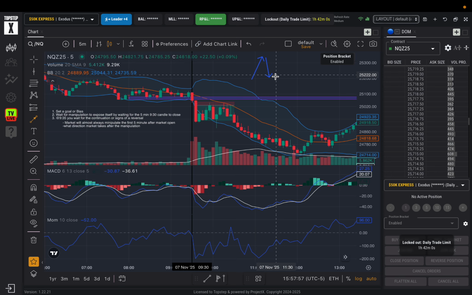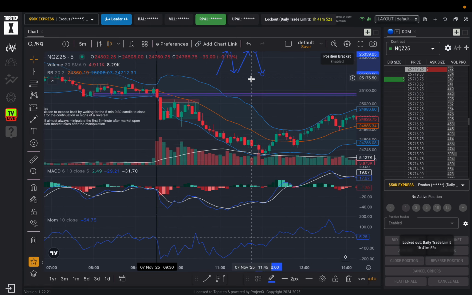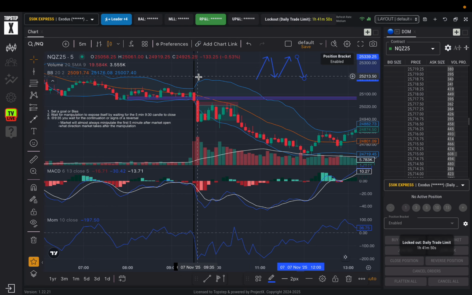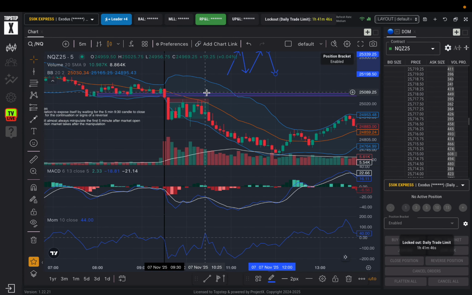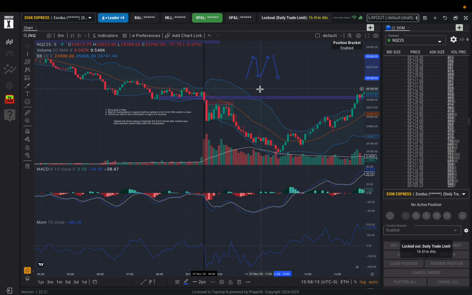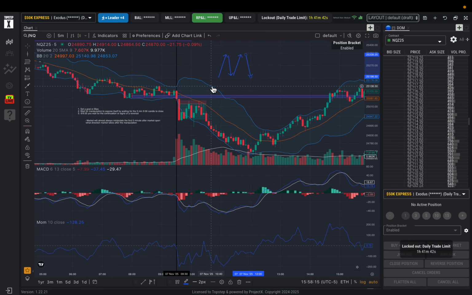This is how it's moving, large moves up and down, first 5 minutes, just like this. And then after 9:30, at the second candle right here at 9:35, the market just moves,